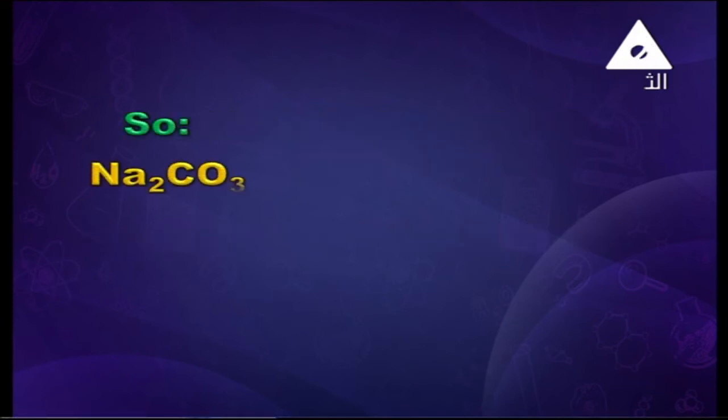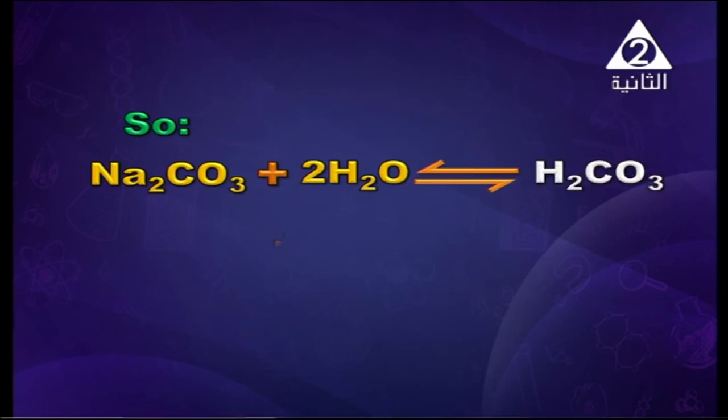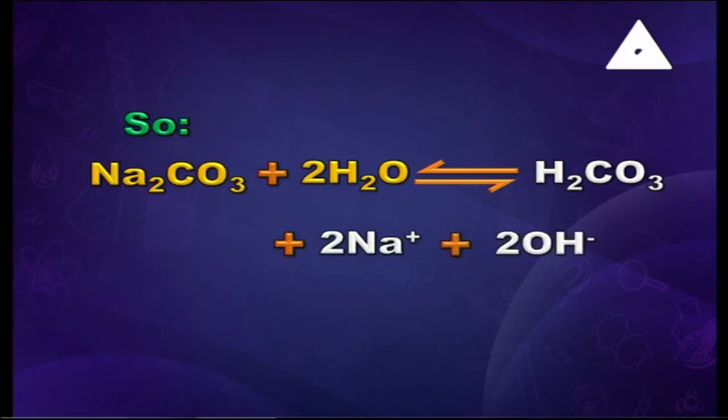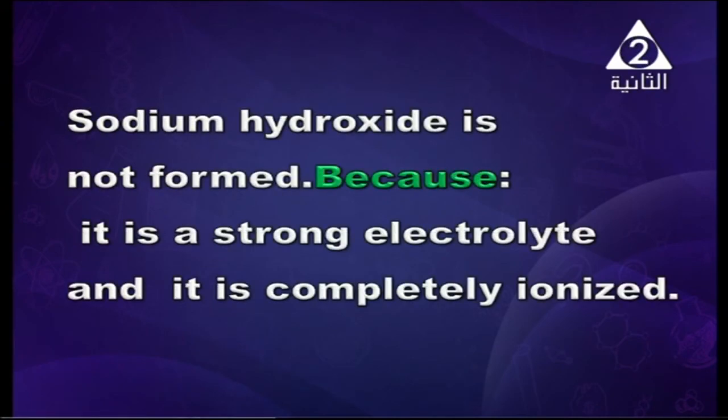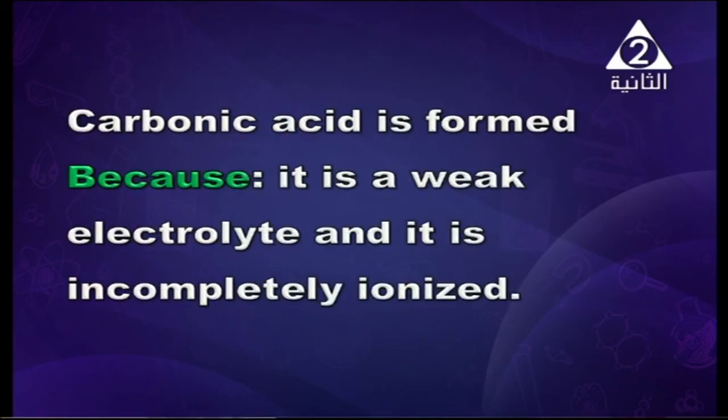And here, as sodium carbonate reacts with water, carbonic acid is formed as it is a weak acid, and the sodium ion and the hydroxide are present as a strong electrolyte, a strong base. So we can say sodium hydroxide is not formed because it's a strong electrolyte and completely ionized, and the carbonic acid is formed because it is a weak acid